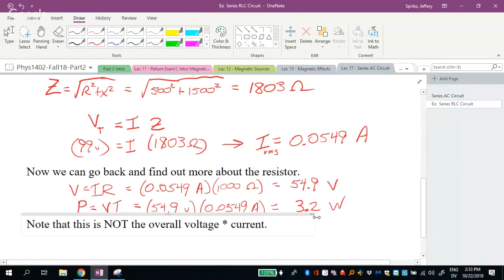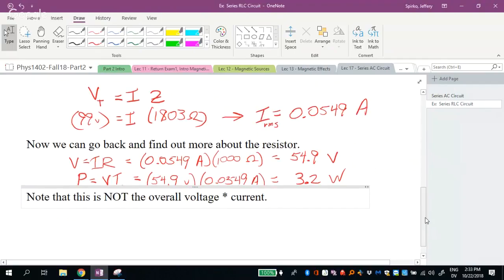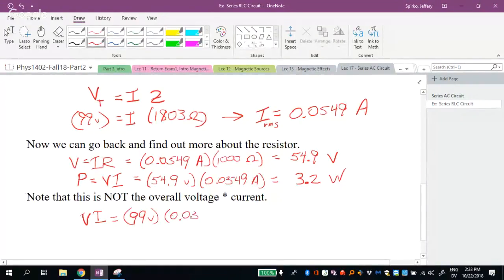And one of the things I have to point out is that this power that we calculated for the circuit is the only power that the circuit uses. The inductor doesn't use power, the capacitor doesn't use power, just the resistor. And it's not equal to the overall voltage times current. So V times I is 99 volts times 0.0549 amps, and that is a quantity which is 5.4